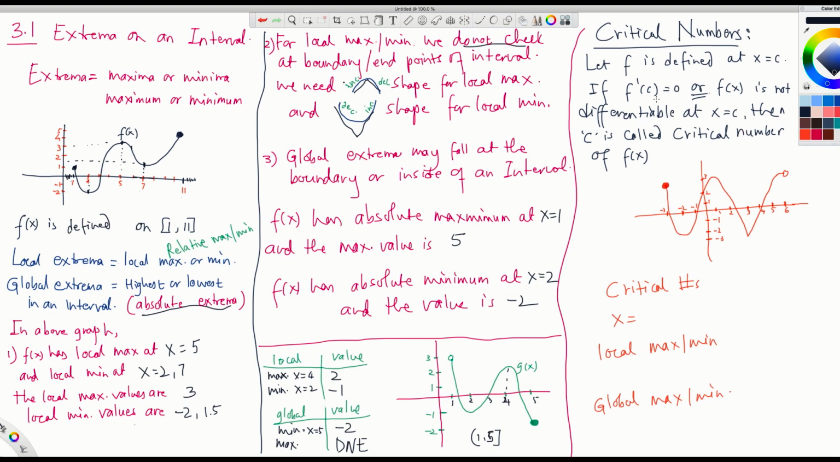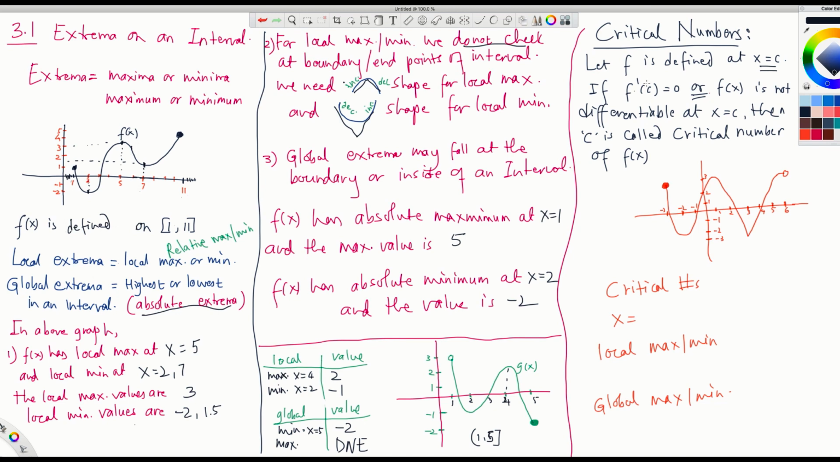Let us define a term. It is called critical number. So what do we mean by critical number? Let f be defined at x equals c. Suppose a function is defined at a point x equals c. If the derivative of the function at c is 0, what do you